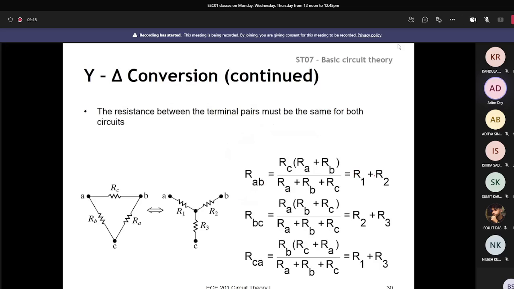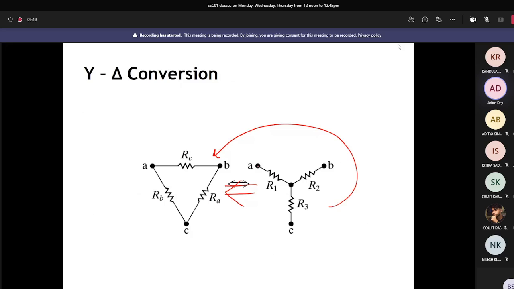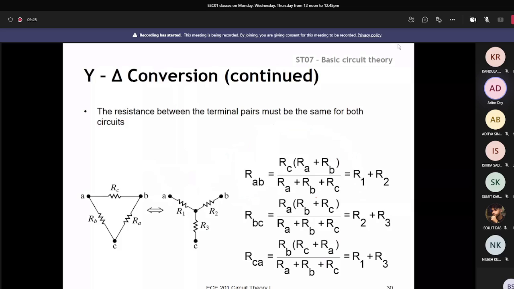The same as before, right? Now we have to express RA, RB, RC in terms of R1, R2, R3. So that thing you have to do. So we can do it like this. We have to express RA, RB, and RC. So if we solve them together,